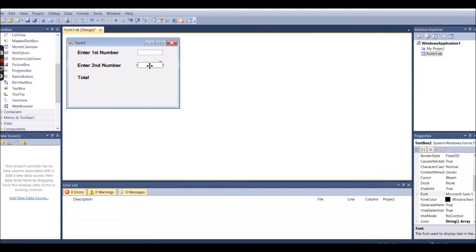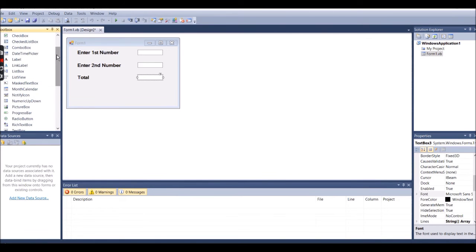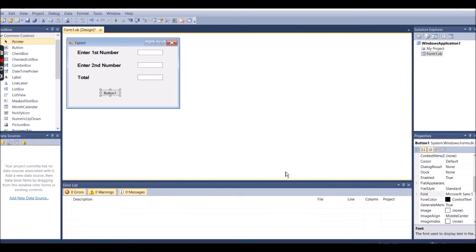Okay, now make a line. Another text box you need to create for your total also. Okay, now three things you have done. Now there will be one common button where you need to calculate by pressing. So what you need to do, you have to click the button. After that you paste it here, and after that what you need to write is calculate. In that button you need to write calculate.